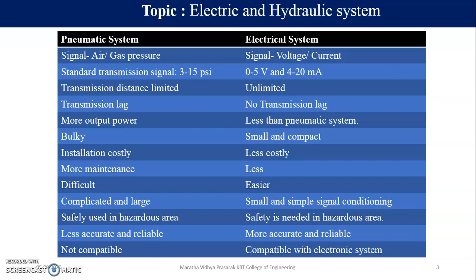And maintenance. Now why is maintenance more in pneumatic and less in electrical? Now in pneumatic system, we know we are going to use air. तो अभी फिलहाल सिर्फ air जाएगी क्या? नहीं. We know we need to lubricate it also. So the lubricating oil will be there. अभी lubricate करोगे तो क्या होगा?